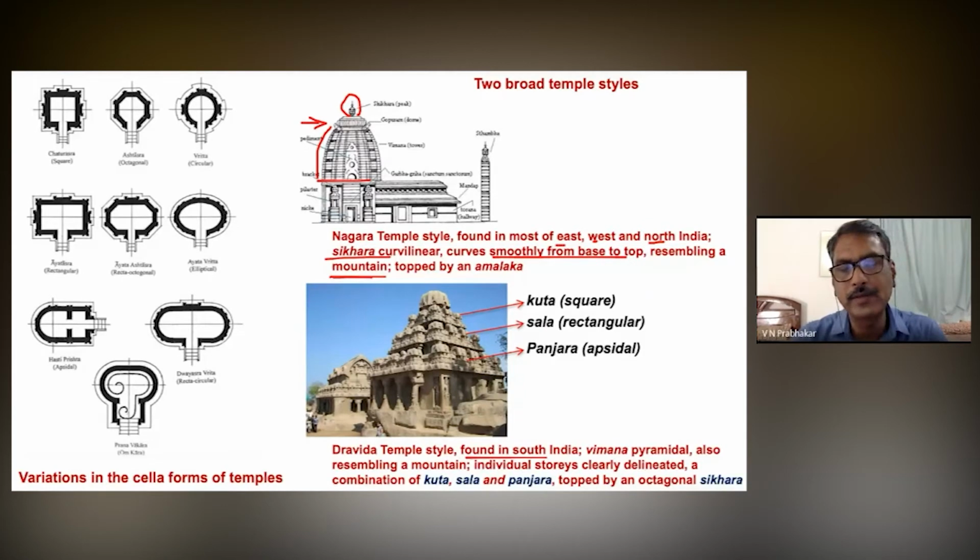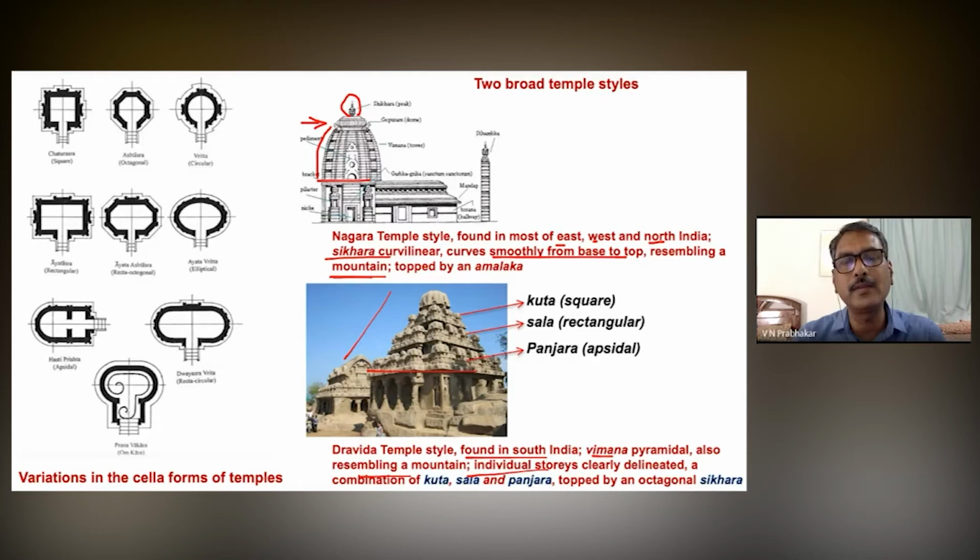Even in Maharashtra, we have seen yesterday how it has reached Ellora, depending upon the various contexts with the southern kingdoms. Here the Vimana, the Shikara is known as Vimana, that is the superstructure. Vimana is pyramidal in form, and also resembles a mountain. Same in the case of Nagara, even in the case of the Dravida style, they are culminating, reaching to the top as though we are reaching to the skies and the heavens, and reaching to God in a symbolical manner. But here they also resemble a mountain, but the individual stories are clearly delineated.